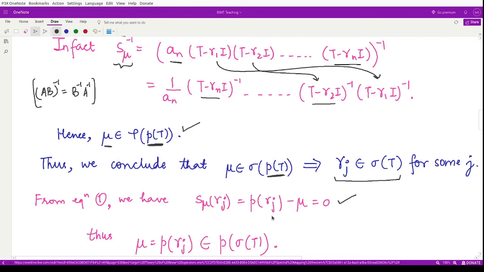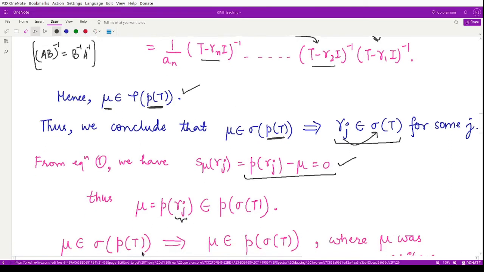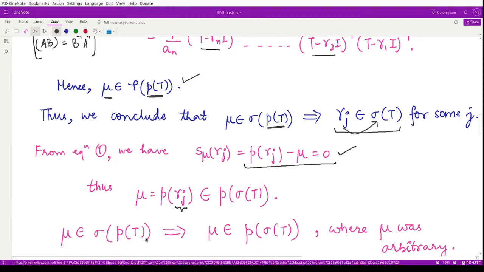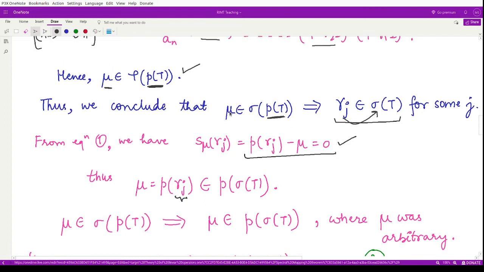is 0. And using this, we can say that P of gamma j is nothing but mu. So mu is equal to P of gamma j, and this gamma j is coming from the spectrum set of T. So we can say this mu belongs to P of sigma of T. Remember, we started with mu belonging to sigma of P of T, and we have reached that it also belongs to P of sigma of T, therefore we have the inclusion,